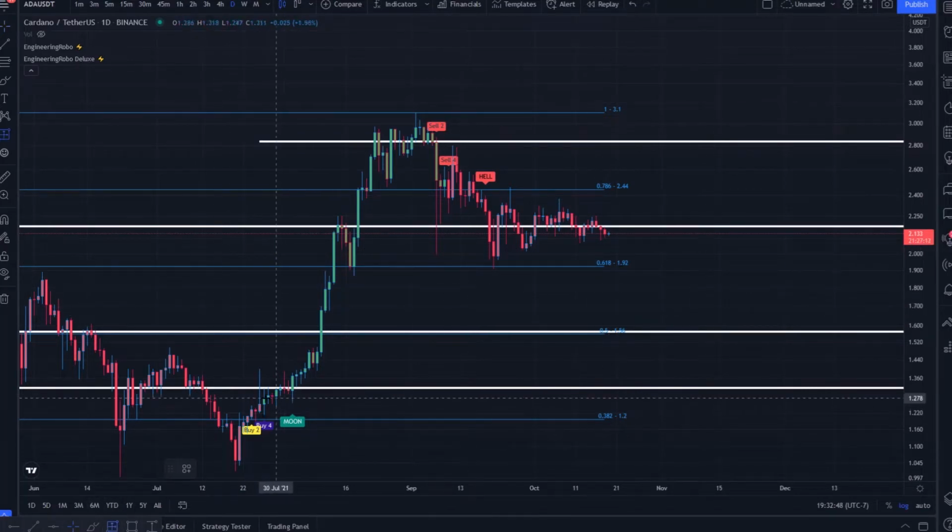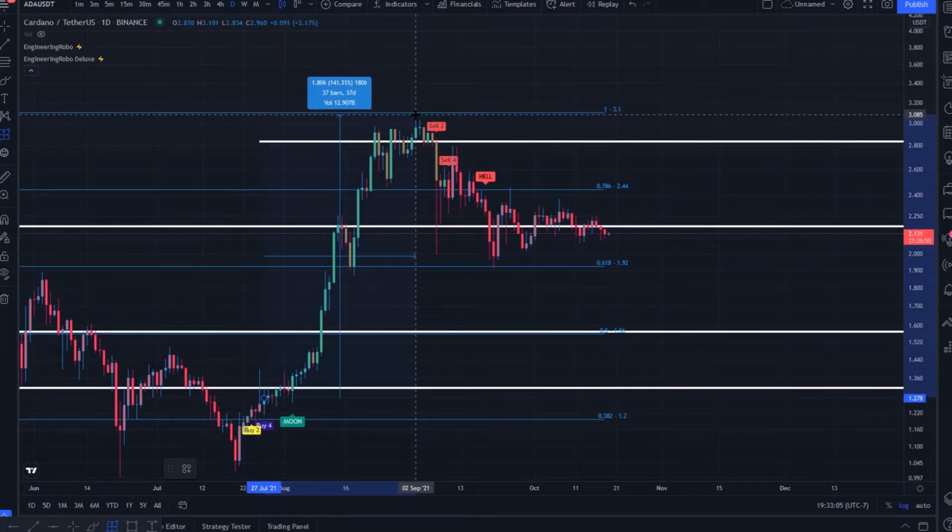If we look at our previous buy signals, we have the buy 2 on the 24th of July. A couple days later, the buy 4 on the 27th. 2 of our chosen 3 robo advisors became bullish on price action, so we use that as a bullish area of accumulation. After accumulation, over the following 37 days we saw up to 141% in gains, easily more than doubling your money